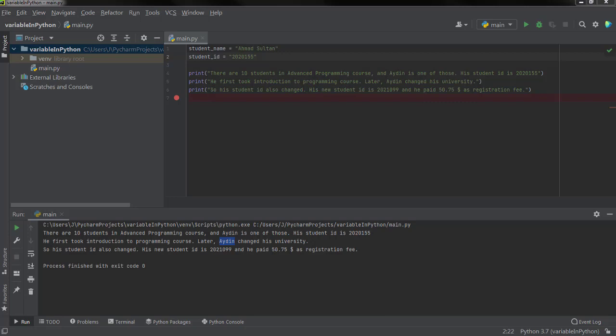You don't have to care about the type of the variables. Python itself understands the type of the variable. So I need to assign a name to this container where we are gonna store the information. All I have to do is just type out the name of the variable. So I created a variable called student name.